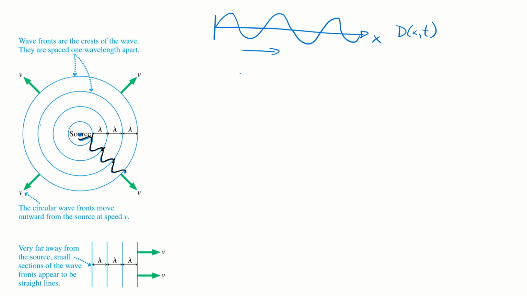Those crests end up appearing as lines on this, but you can still get the same sort of information from those images, where the wavelength is the distance between those crests, and on these images that's just the distance between adjacent lines. And this is going to be really useful as we go on, because we're going to start to describe more realistic situations where we might have multiple sources and multiple waves, and we want to know how they interact with each other.